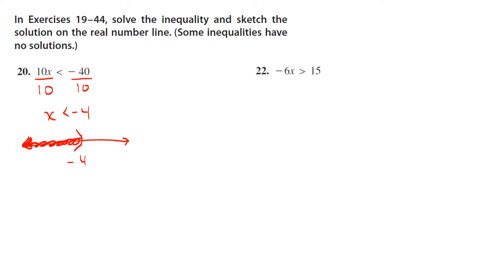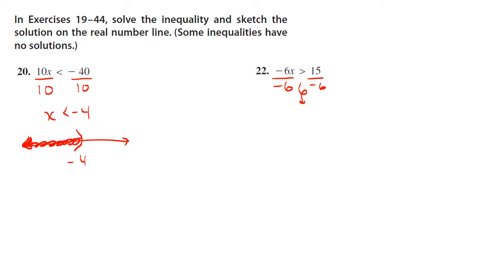All right, number 22, which has already popped up over here. So the question is, what are you going to do to solve for x? Yep, let's divide through by -6. We divide by the number that's next to the x. Since we're dividing through, oh, hold on, look at this. Since we're dividing through by a -6,